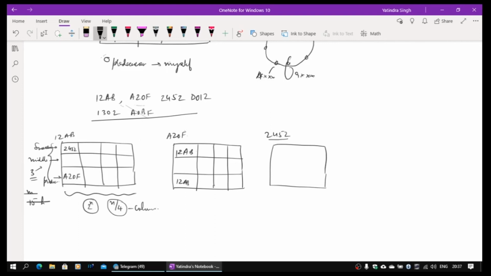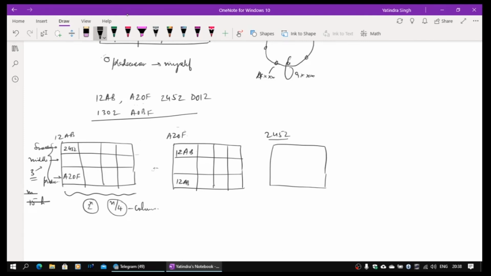Okay. So now what will happen to A20F? A20F will now figure out, once it sees 2452, it will look at it. So after A, what should come? 12AB. 2452 can only be a predecessor.